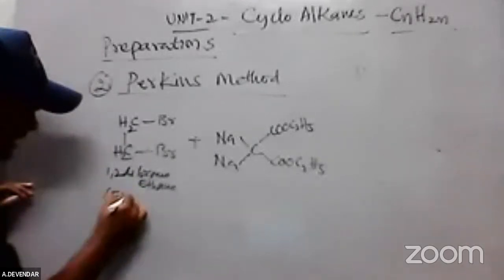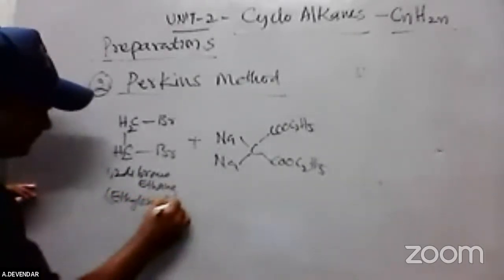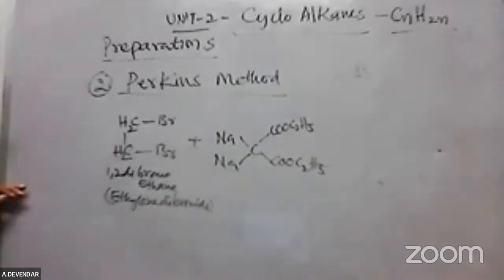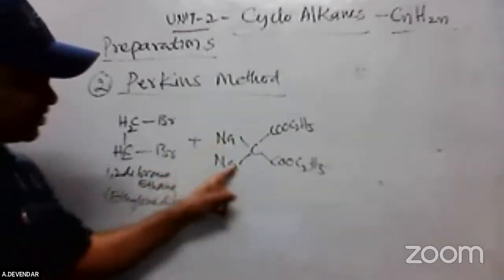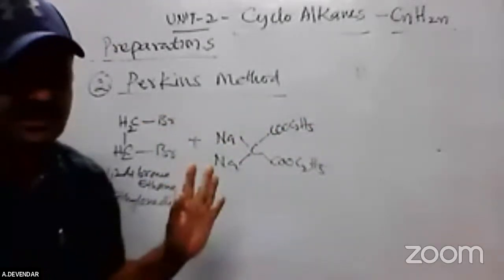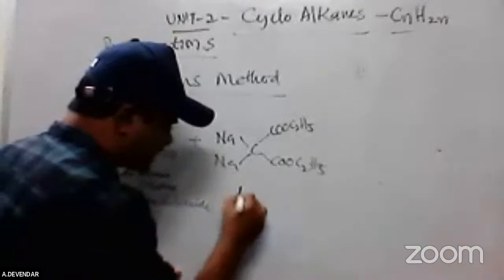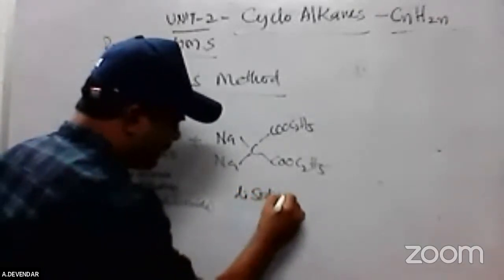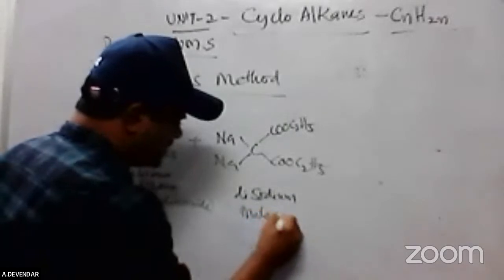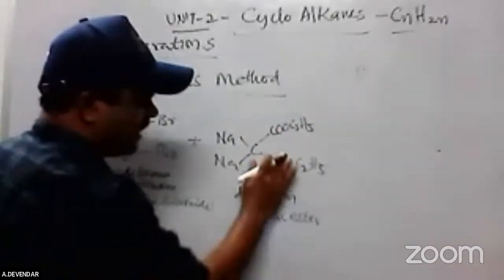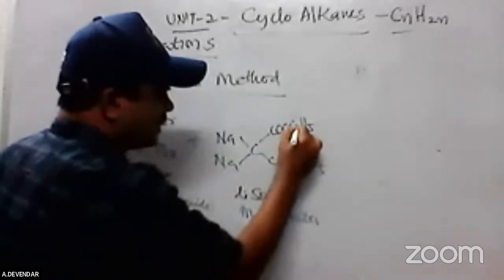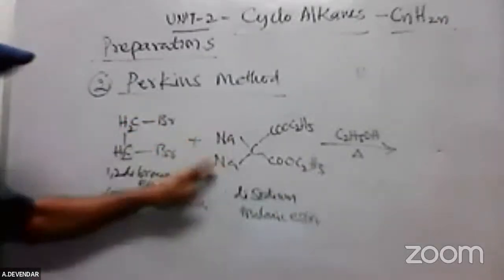This is also called ethylene dibromide. Simply 1,2-dibromoethane. Now, disodium malonic ester. Please remember this one. Disodium malonic ester. This is the ester form, we are getting COOC2H5. In presence of ethyl alcohol, that is the reagent which is used here. See this one, this dibromide and disodium malonic ester will react, and there is the formation of